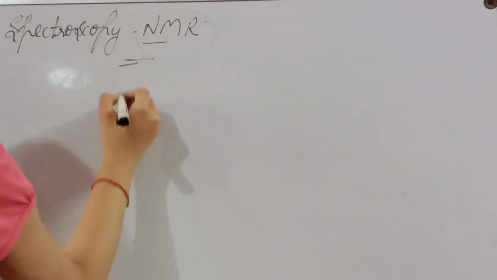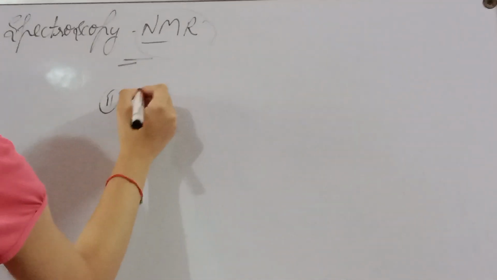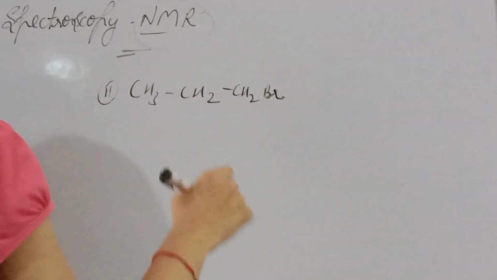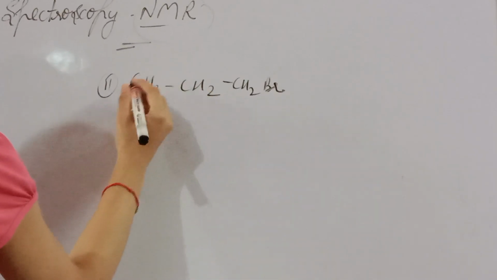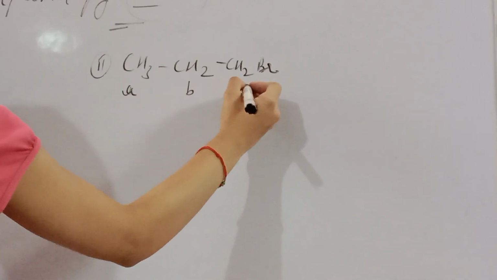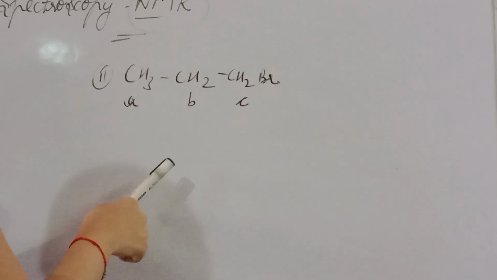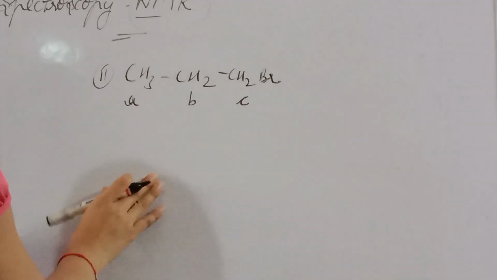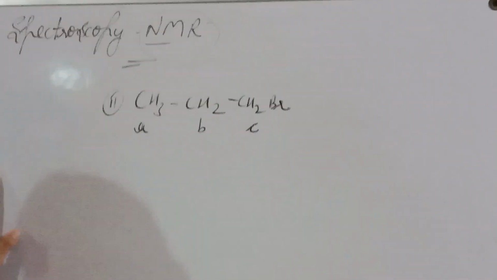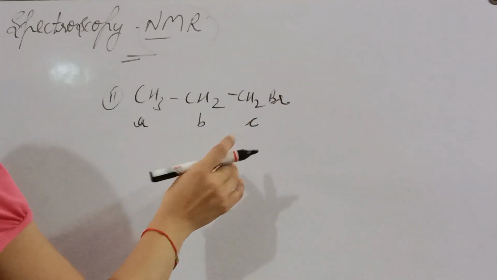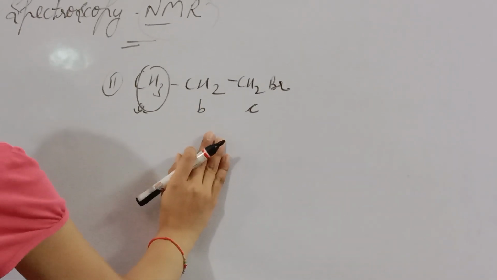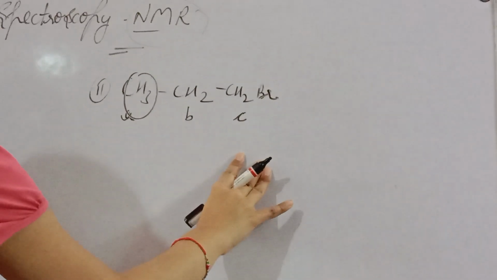Now let us consider the second compound, which is n-propyl bromide, that is CH3CH2CH2Br. In this, it is clearly seen that there are three types of protons, A type, B type and C type. The PMR spectrum of n-propyl bromide shows three signals, one triplet, a sextet and one triplet. N-propyl bromide contains three types of protons marked as A, B and C, their relative areas being